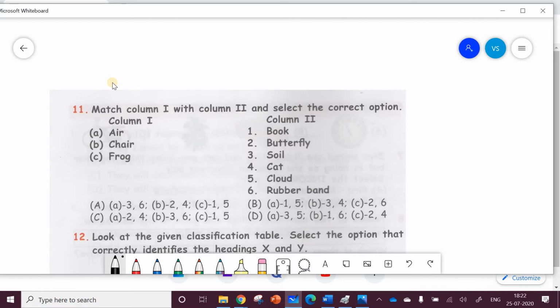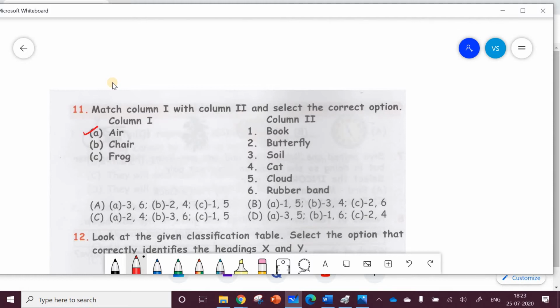So Avnish, let's see how we can go with such questions. You don't need to panic. The question looks a little tricky, but we will go step by step. First we have air. Let me use another color pen. So I have air here. What can I match the air with? What do you think we can match the air with? Take a wild guess. Cat. Okay, do you think we can match the air to cat?